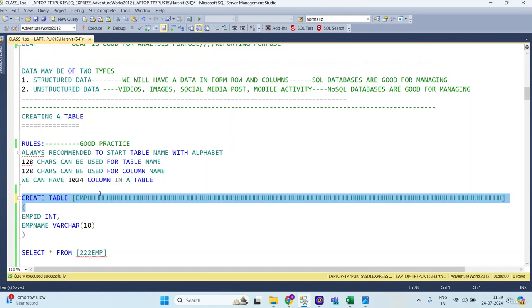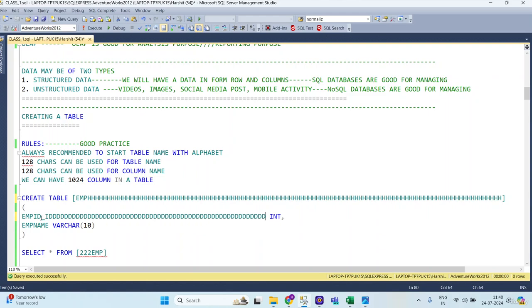For best practice, not more than 128 characters over here and not more than 128 characters over here as well, because ideally 128 is also very large, right? So less than 128 characters can be used for the table name,